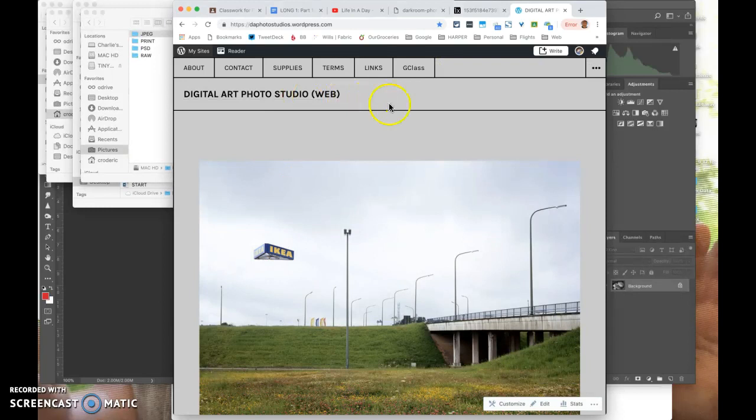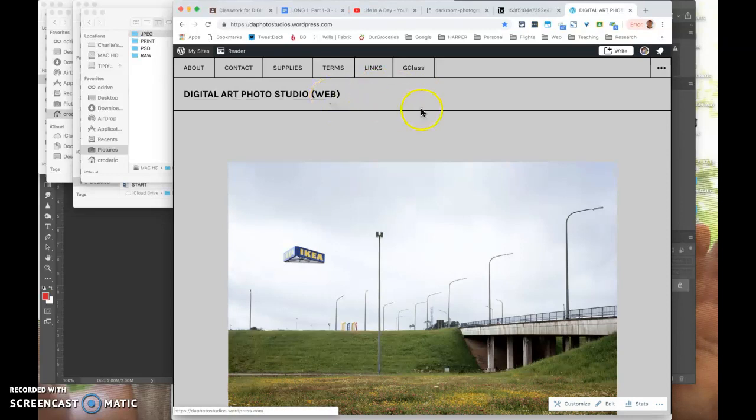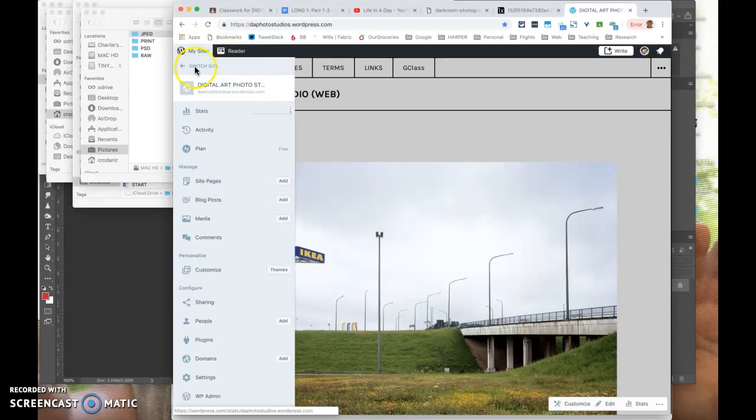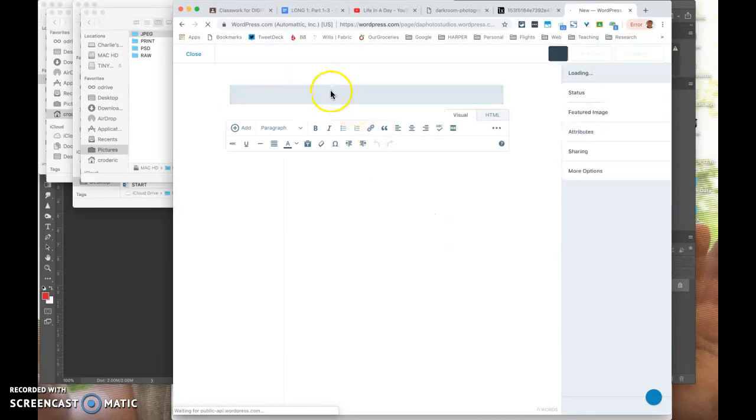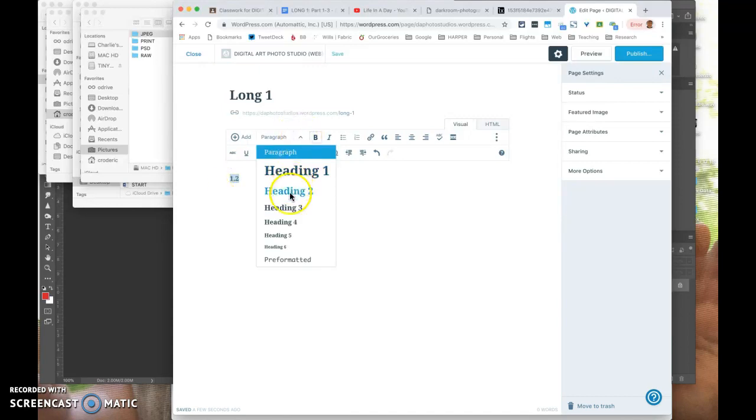Now, I'm going to go to our course WordPress, and I'm going to turn in this image on this assignment page. So if I went to my site, I'm going to create a page. This one I'm going to call long 1. Here, just for the sake of our demo, I'm going to say 1.3 or 2. I'm going to highlight that and bold it. Maybe I'll make that a header. And then I'm going to add this image. I'm going to add the media